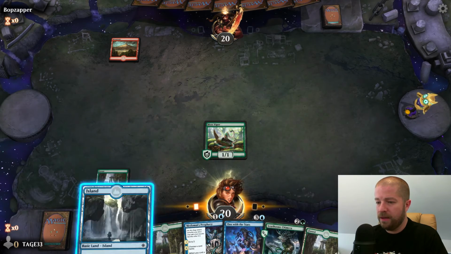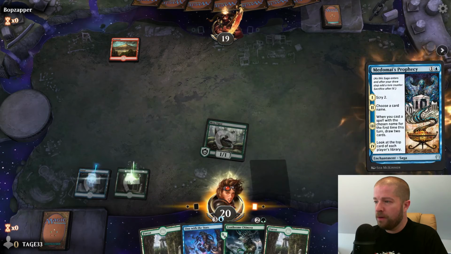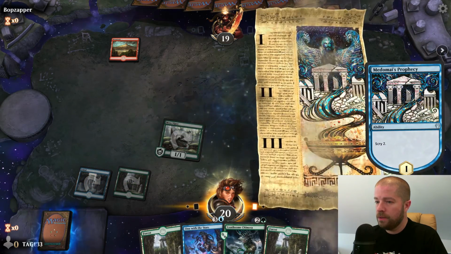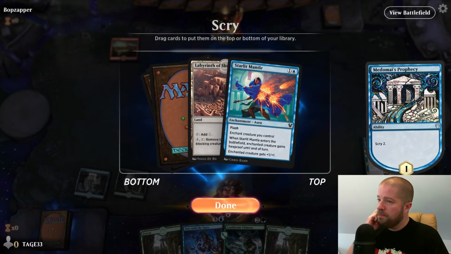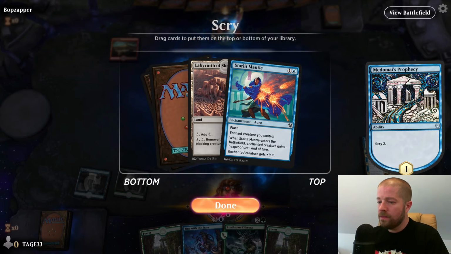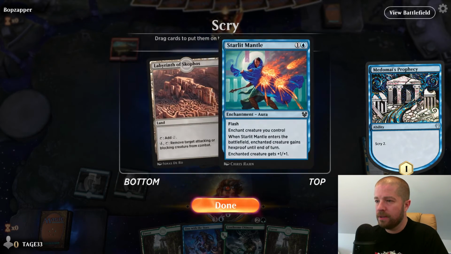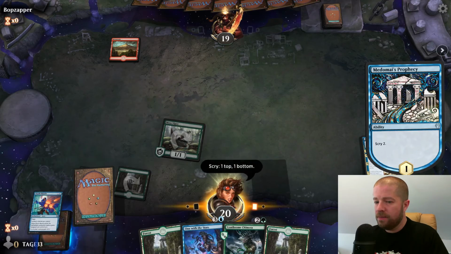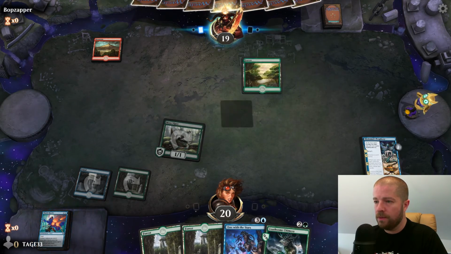Opponent didn't play anything, which I like. So we swing with the Viper. Drop the Prophecy. Scry 2. Yeah, I like both of these, kinda. Do I need... No, I don't need the Labyrinth. You know what? Let's keep that on the bottom. Keep the Starlit Mantle on top. I don't need another land right now. So...